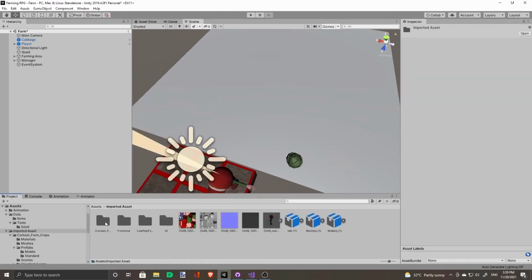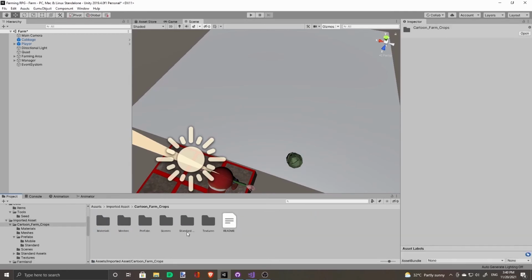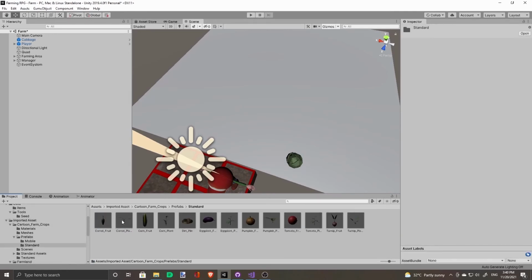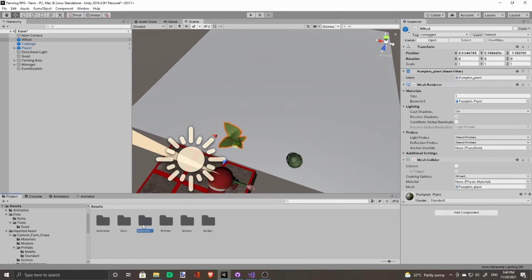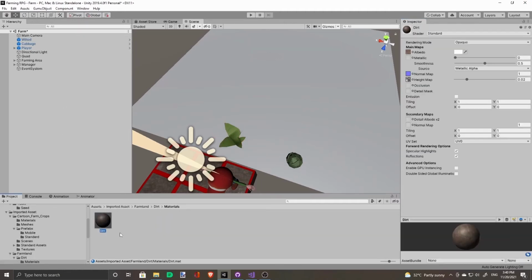Let's go to our imported asset. Under cotton farm crops. Just use this model. Rename this to wilted. And for the textures, just duplicate dirt. Rename this to wilted barn.